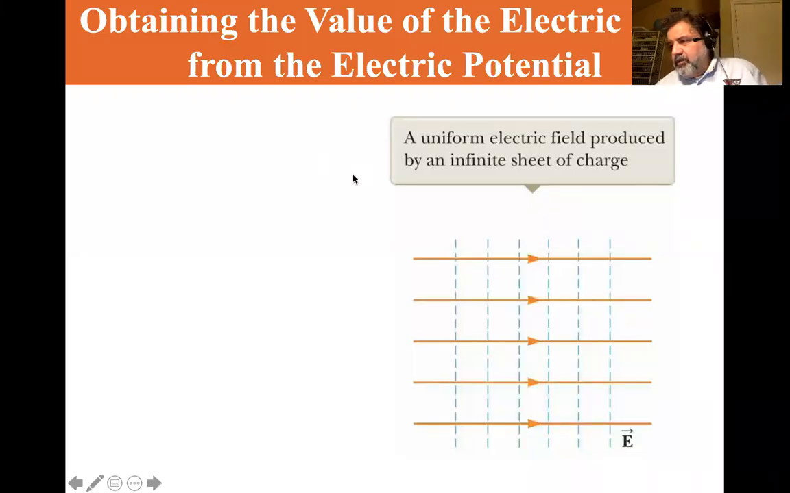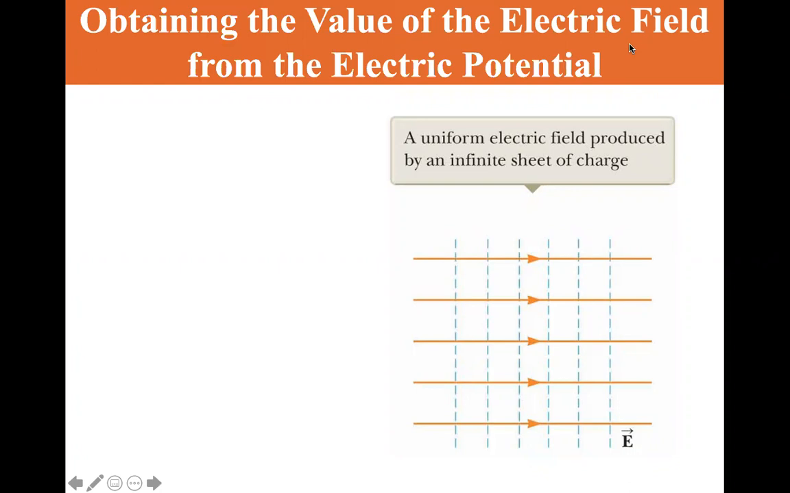All right, this is section 24.4, obtaining the value of the electric field from the electric potential. Let me dismiss my image. And we have here a uniform electric field produced by an infinite sheet of charge. You can see that the arrows are the electric field, and the blue lines are the equipotential